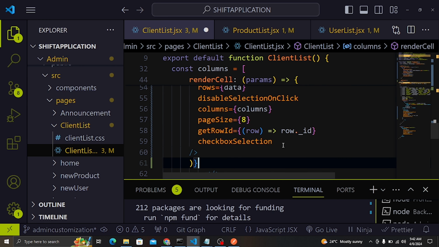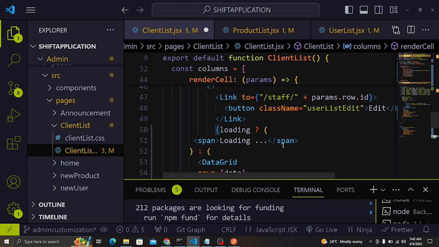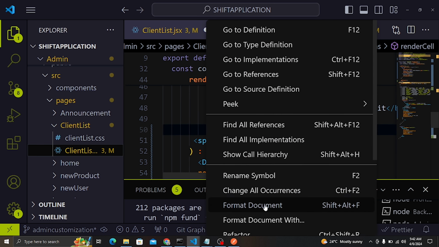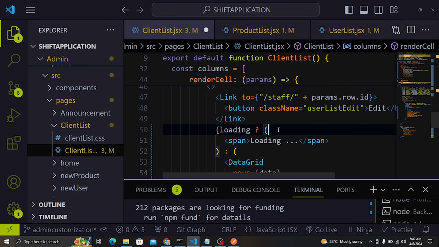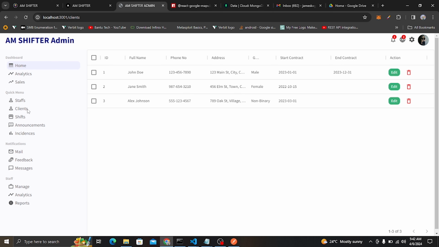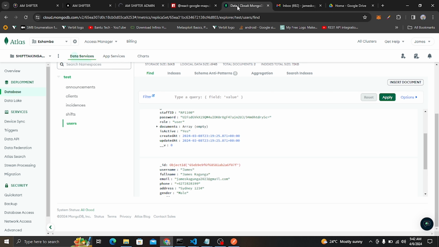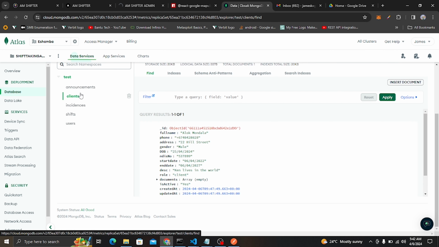And then I don't know if there's another thing that we should do. So let me format this and then go back into our application. So in our application here, if we reload it again, now we need to see the clients from our database. And here in our database we have only one client, because I had already only added one client. So let it reload, and then let's see